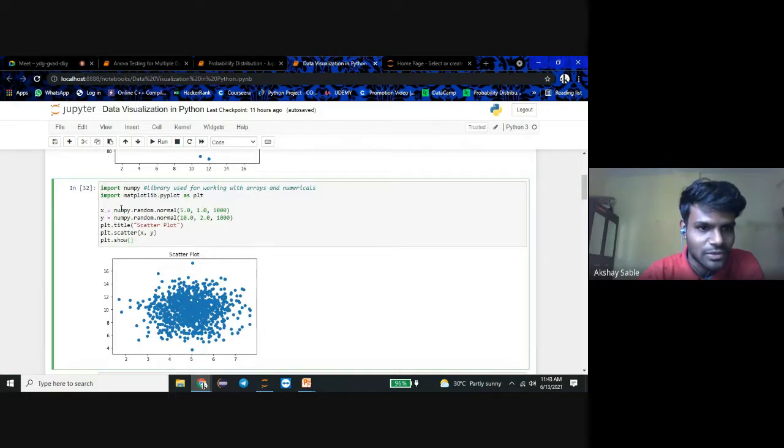We use x equal to numpy.random.normal to generate normal values for x, and likewise for y. We give a title to our plot, use the scatter method, and pass those variables to the scatter function. plt.show prints our plot of those random values. Let's run this.